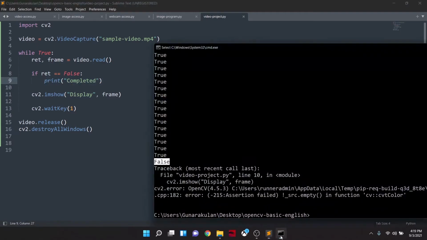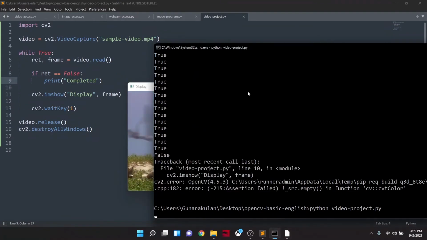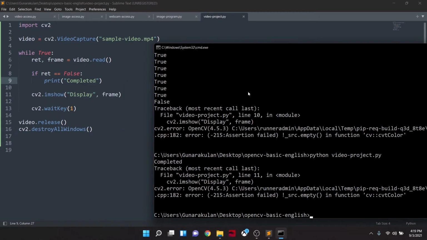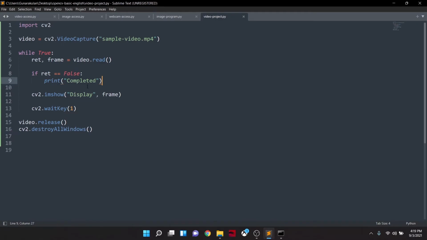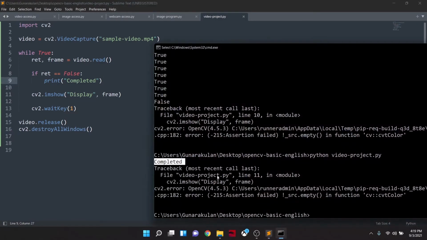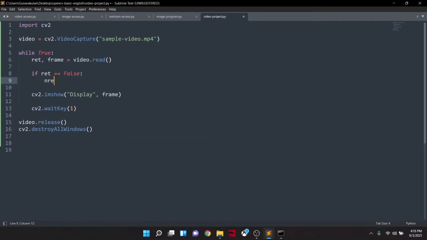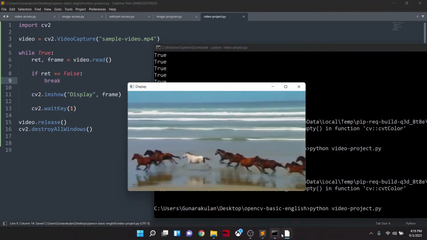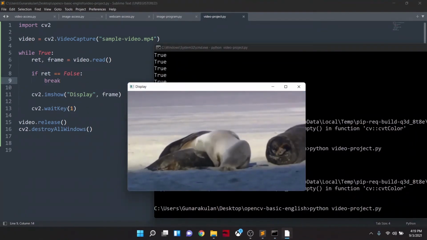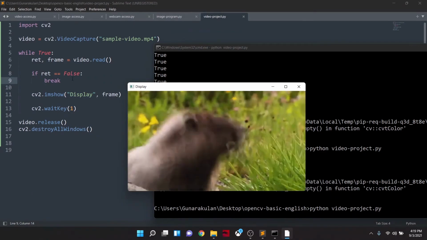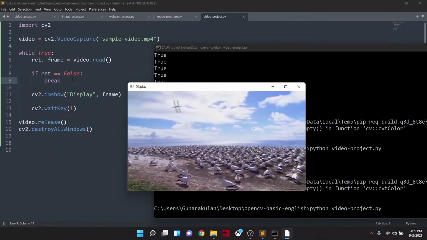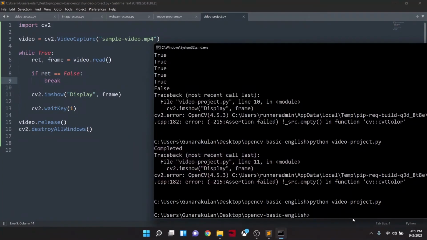Now I'm going to execute this program to see what's happening. So now you can see it's running. Once the video is completed, it's going to say, yeah, video completed, and so forth. This is why we use the flag. You can notice we get an error here. So if we put break here, what's going to happen? We never get an error like that. So now I'm just going to process the frame, and once it becomes false,